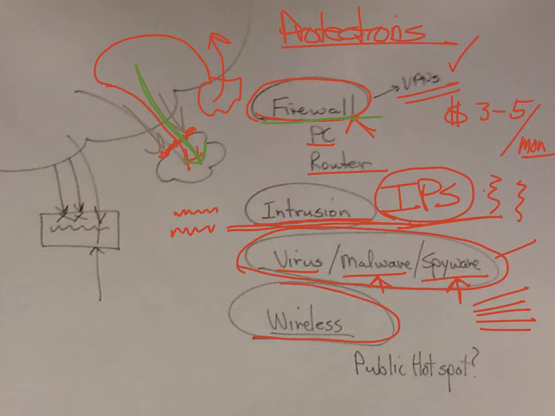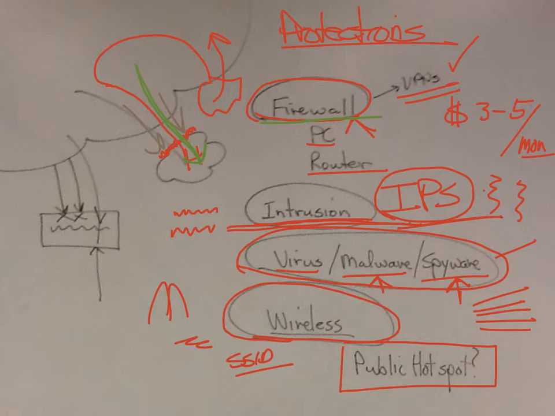Wireless is extremely popular. You notice you can get on the wireless at the college, at McDonald's, at the coffee shop, and so forth. You need to be very careful when you're on public Wi-Fi, because how do you connect? You'll connect to something that's actually called an SSID. You'll see a word, and it'll say it's open, and then you'll connect. Well,